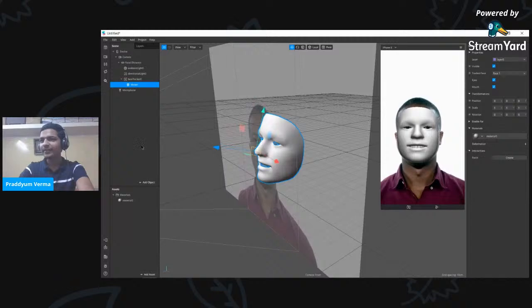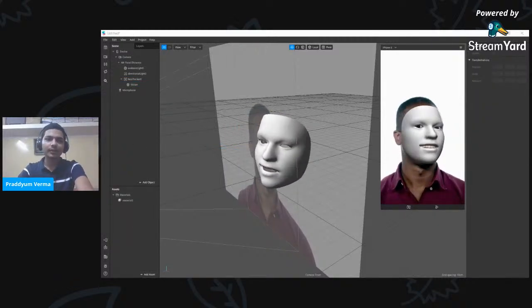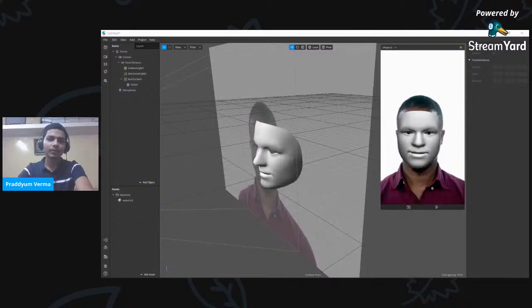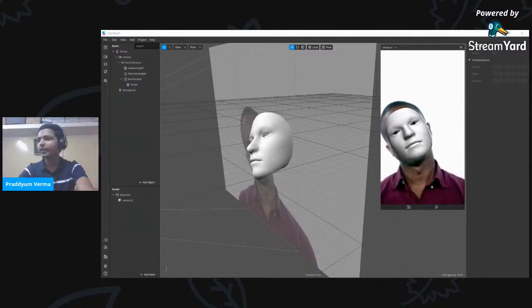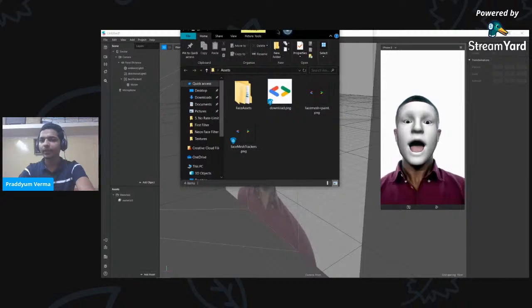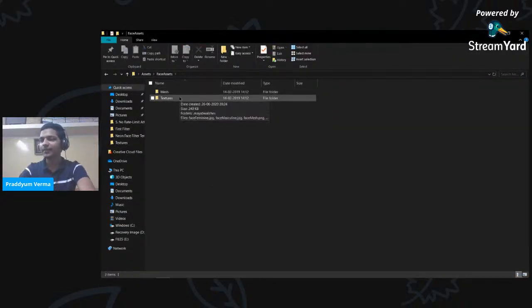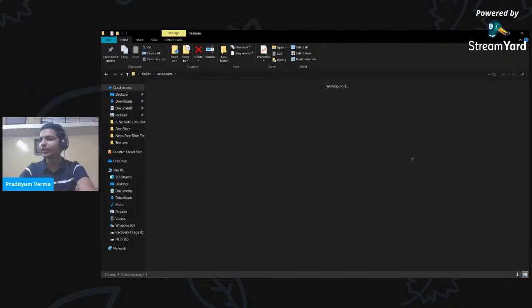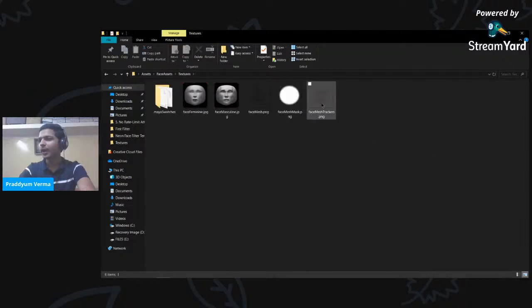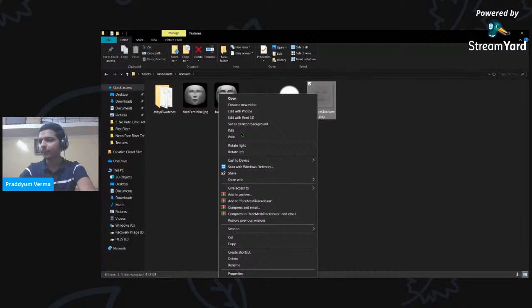Now, the next thing is, I made you download some things in the beginning, whose links are mentioned in the description box. So these things are here only. Let me show you. These are face assets. These face assets are originally given by SparkAR. Let's see what these things are. Inside texture, we have,